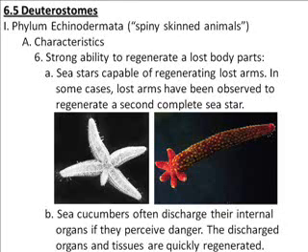If you look at that starfish on the right, you may also notice that it has 6 arms. So there are some exceptions to the 5-part radial symmetry in echinoderms. Some have 6, and some have even more arms radiating out from the central disc. Sea cucumbers also have an interesting way of using regeneration as a defense mechanism. If they feel threatened by a predator,